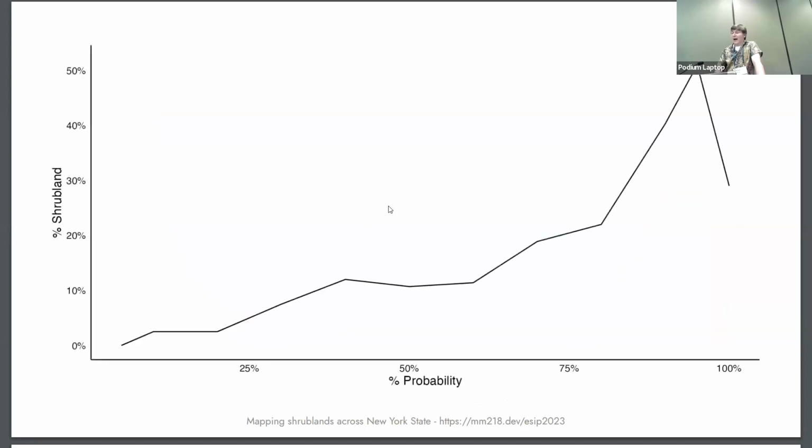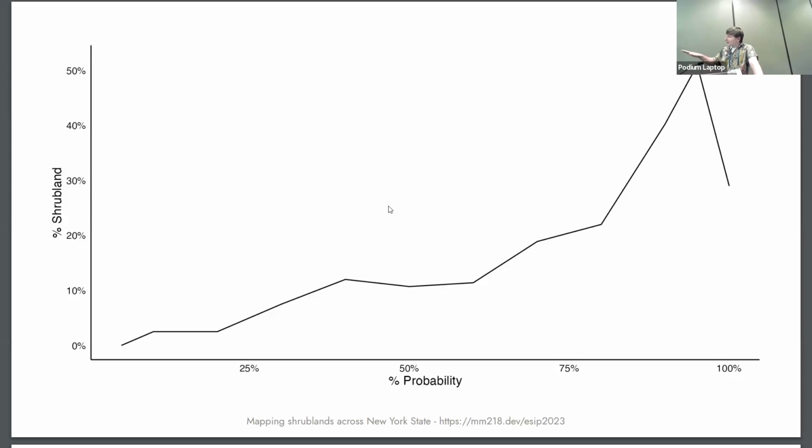So as we operationalize this model and work with the state to identify shrubland areas, we have to use a really, really high threshold, usually about 95% probability, to classify areas that we think are shrubland. And that gets us to about a 50% chance of the pixel actually being shrubland. An interesting thing here is that you can see we drop off as you get towards 100% chance, because you start getting into areas that were misclassified by LCMAP originally. That tends to be the tops of buildings or something that the national products thought were vegetation. So things really fall off once you get outside our original training data.